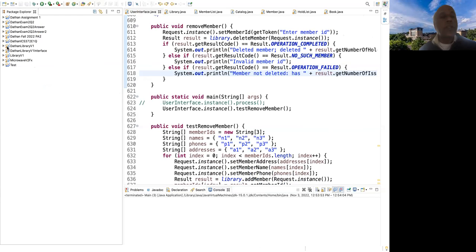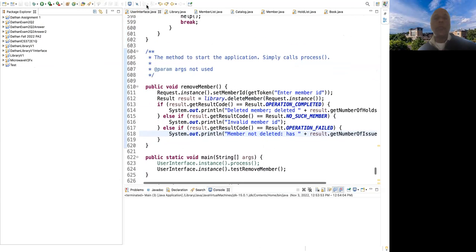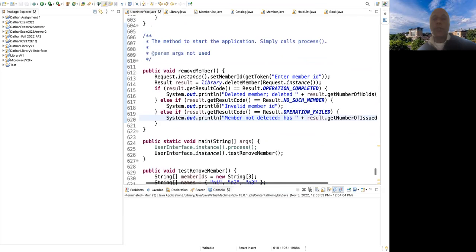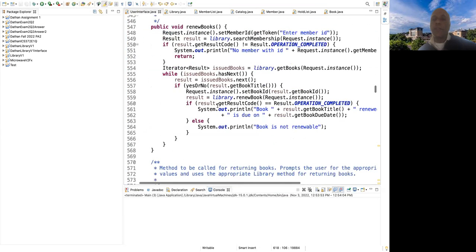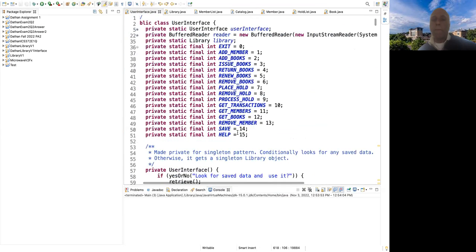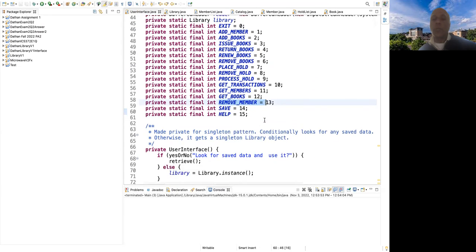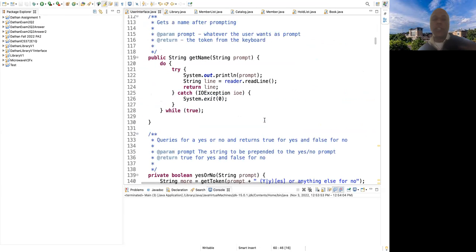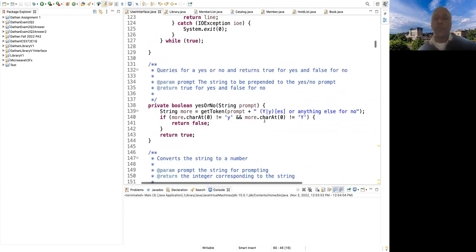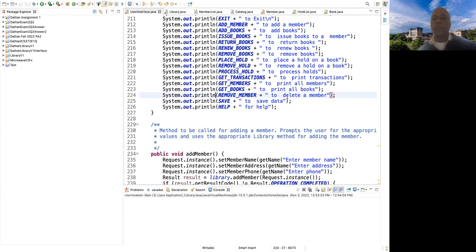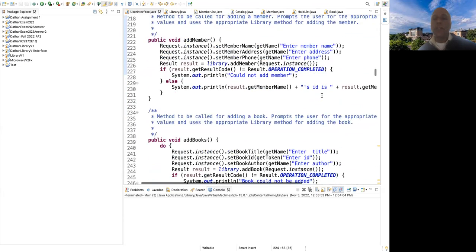Right here, let's go to user interface. In the user interface, I have updated the constants, added a new one called remove member, and then changed save and exit to 14 and 15. I updated the help screen, and then